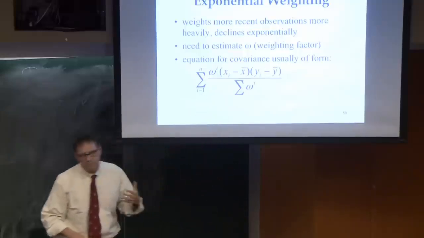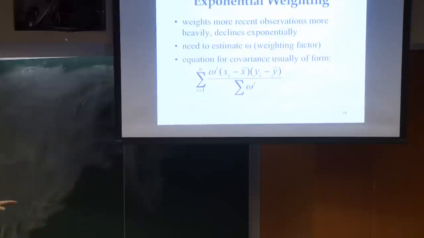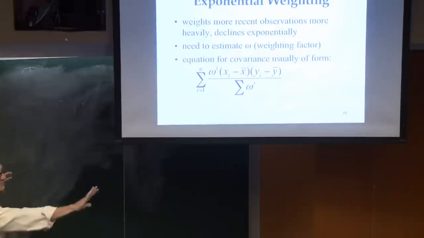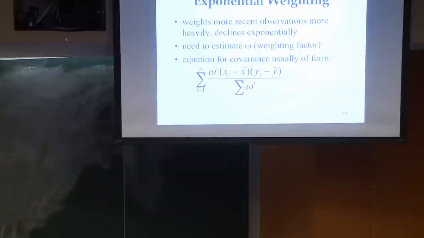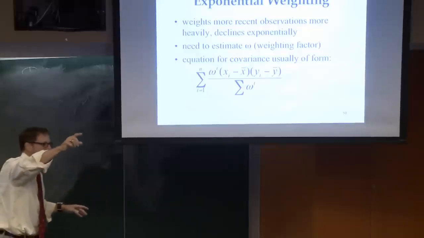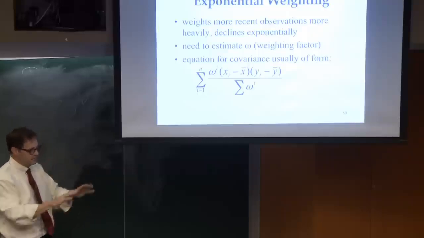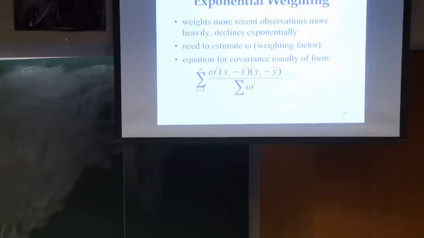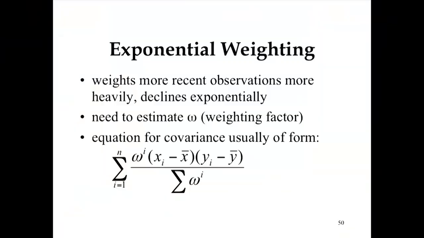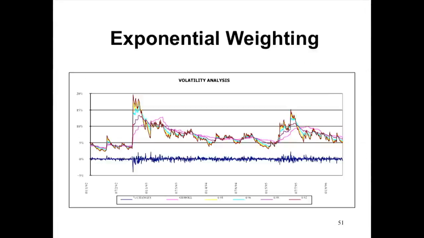When you're using 0.94, for example, 99% of your weight will be in the last 76 days. 76 observations. I shouldn't say 76 days, 76 observations. So there's this notion that the impact declines exponentially. Does that make sense? The reason that people use this pretty commonly, but what scares me about it,